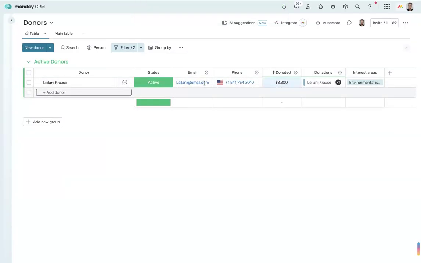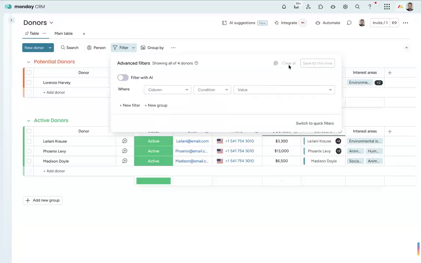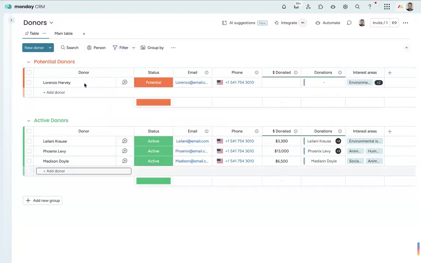And these filters can be saved, and then you can use that to start campaigns or reach out to donors based on any combination of the filters you've got here. Basically, if you've got the information in your board, you can use it for those kinds of things. Let's just clear those filters so we see everyone again, and we'll stick with the original structure just so it's looking the same way as it would in your template.